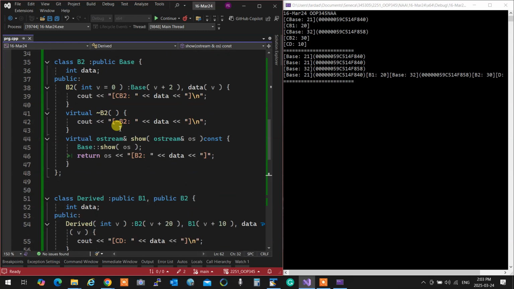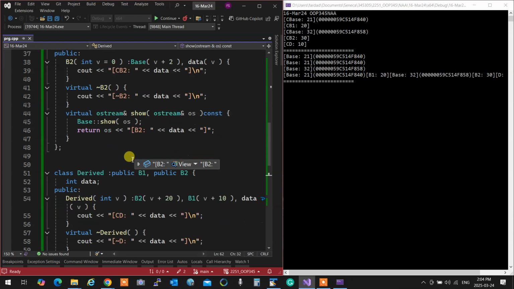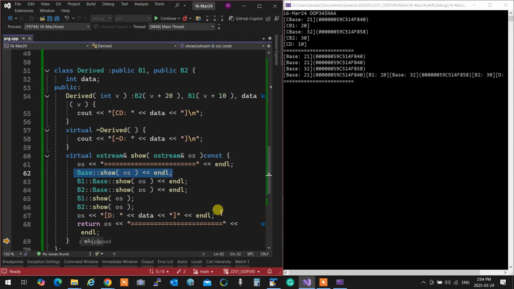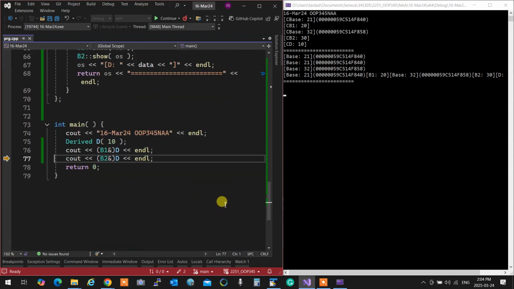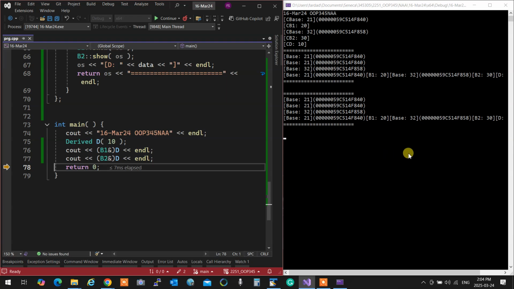Okay? Think about marriage. Husband and wife, each one has a father and mother. So if the husband invites everything, the grandparents of the husband come. When the wife invites, the grandparents of the wife will come, right? So think of it that way. Whoever does the show, it shows the parents of its own, the base of its own. And that's that. And when I show the second one, it's the exact same thing, but it goes to the other one.